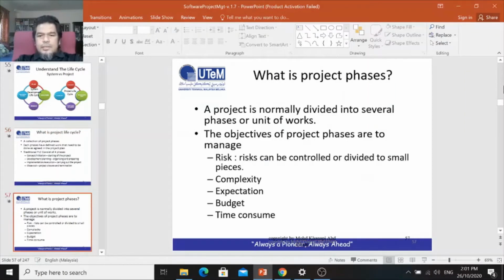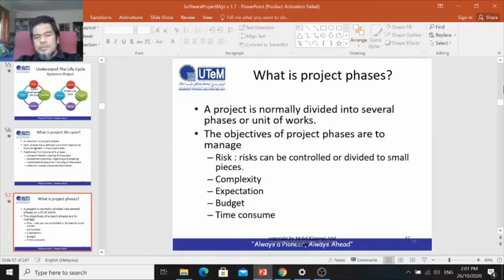So what are project phases and why are they very important? That's why the project life cycle is divided into 4 phases. Why? Because project phases make it easier to manage risk. When you divide the project,